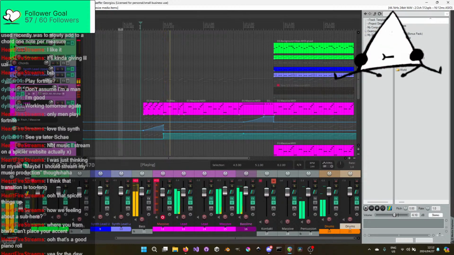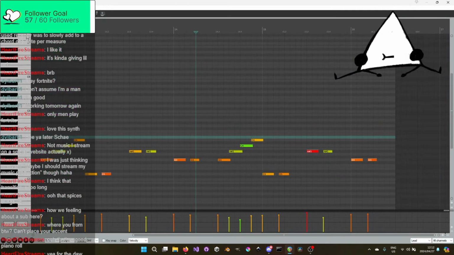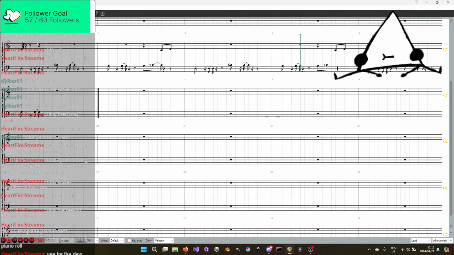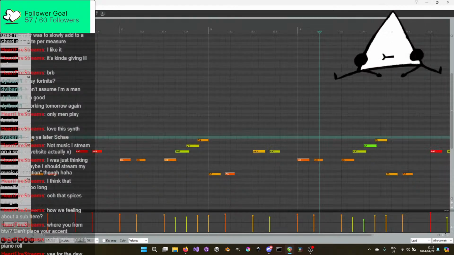Yeah, it's nice. It works really well. You can zoom in with everything. All the controls and everything are here at the top, which is pretty nice. You can also switch it to whatever. Oh, it does have a composition, musical notation. That's pretty sick. Oh, it even has an event list.